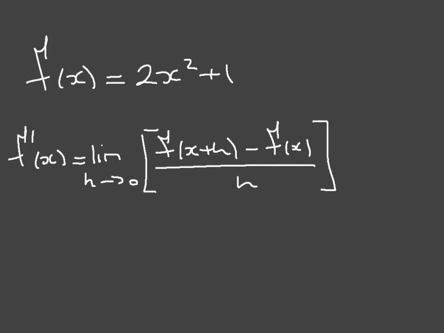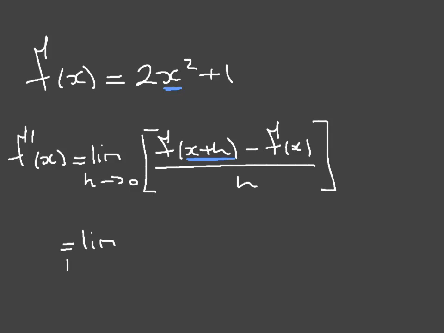And since f in this case is 2x squared plus 1, then what we have to do to figure out what f of x plus h is, is replace every x we see in our function f of x by x plus h. So in this case, we're going to have to replace this x here by x plus h. So that would lead us to f of x plus h equals 2 times, in parentheses, x plus h squared plus 1. In other words, what I'm saying here is we have f dash of x is equal to